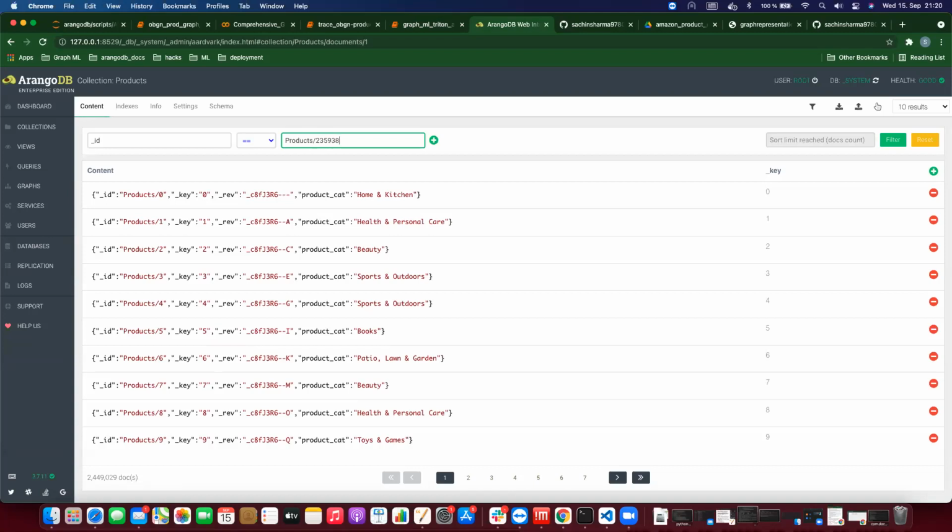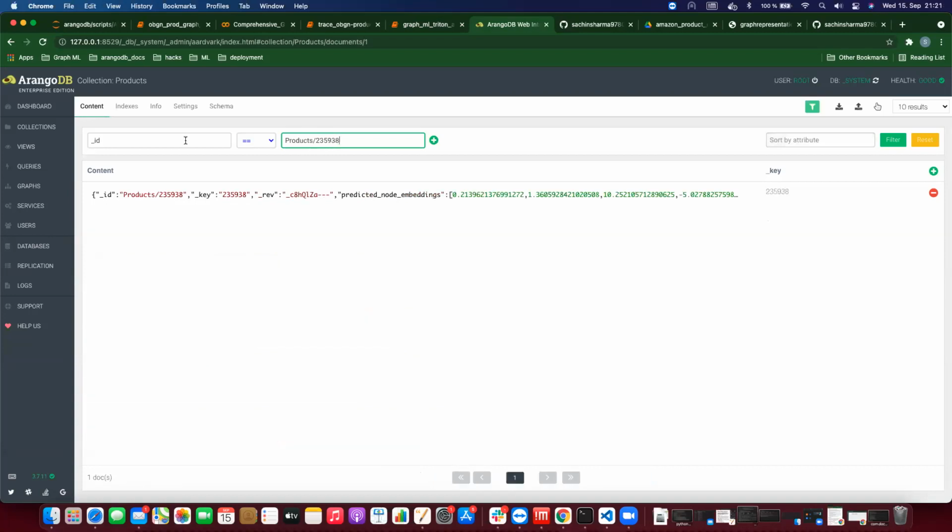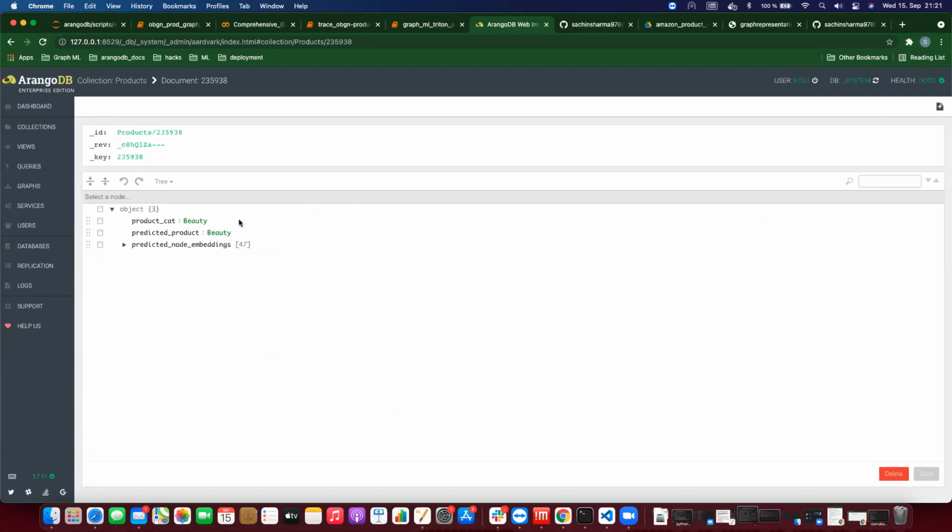So if I click this, it will filter this ID, and now you can see that our graph is updated with these two attributes. You can say that the ground truth was beauty, and it has predicted it correctly with this beauty product